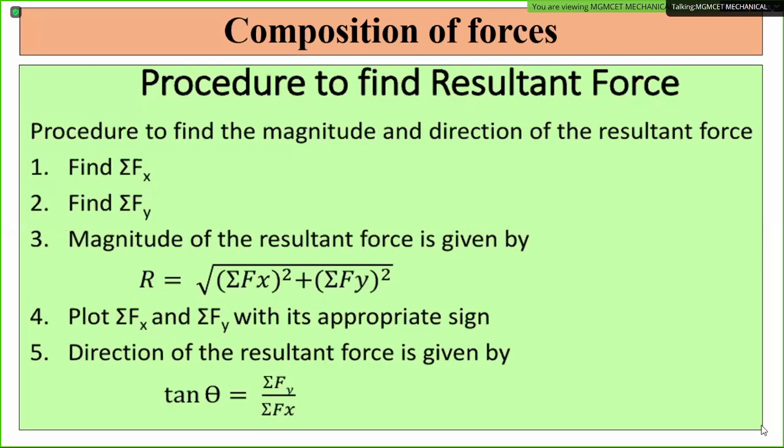So R is the resultant. It's a force that you get by the equation R is equal to square root of summation of f of x square plus summation of f of y square. After finding R, the next step, that is the last step, is to find tan theta. Theta is the angle made by the resultant with the horizontal, and it is found by tan theta equal to summation of f of y divided by summation of f of x. And later the fourth stage will come. Summation of fx and summation of fy you have to plot and show the resultant. 1 mark is kept for that.